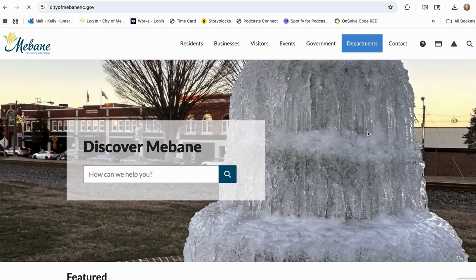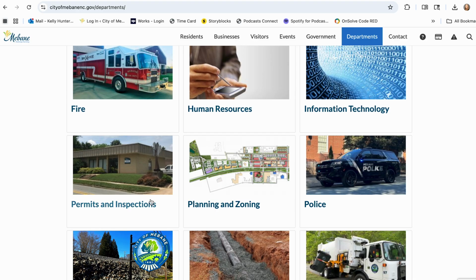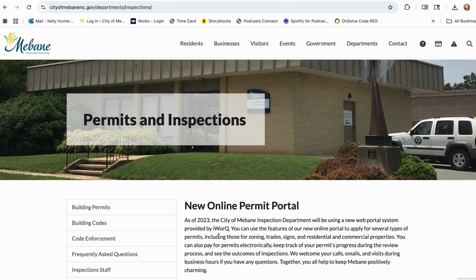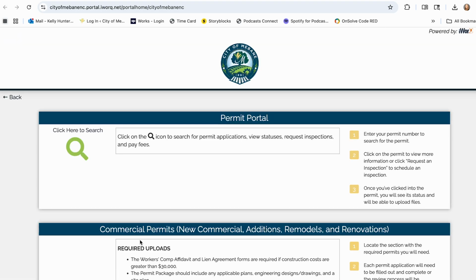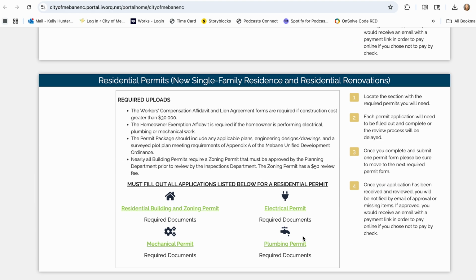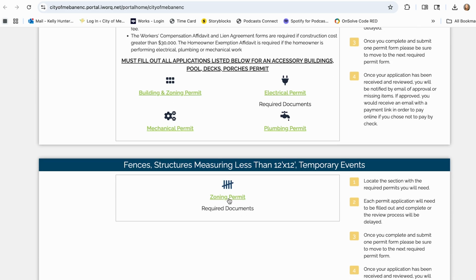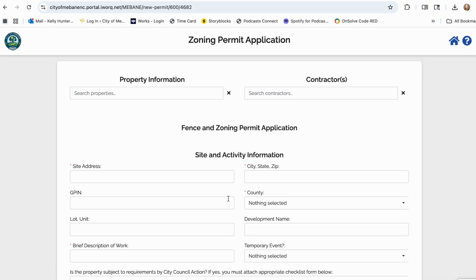So as Ashley mentioned, here in Mebane, we do require a zoning permit for fence applications. There are a few ways that you can do that. One's online with our online portal. You can come in office anytime, 8 to 5, Monday through Friday, and you can do a paper copy. What we do require is you to provide the height and the material of the fence, and we also want you to draw that on a map, and we can provide those for you.